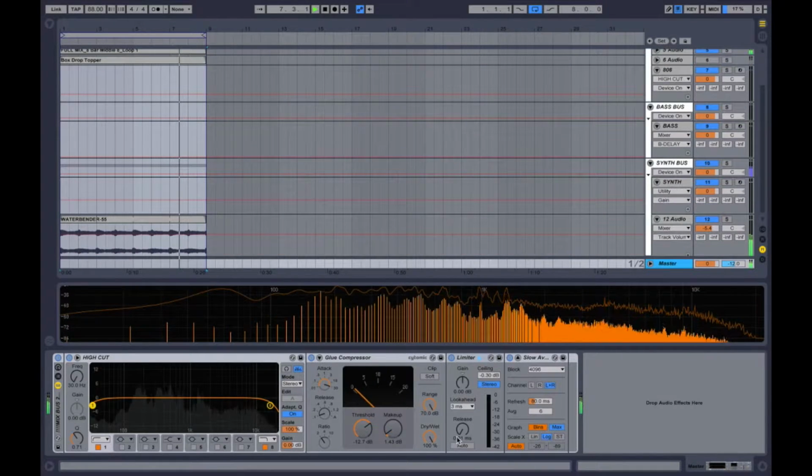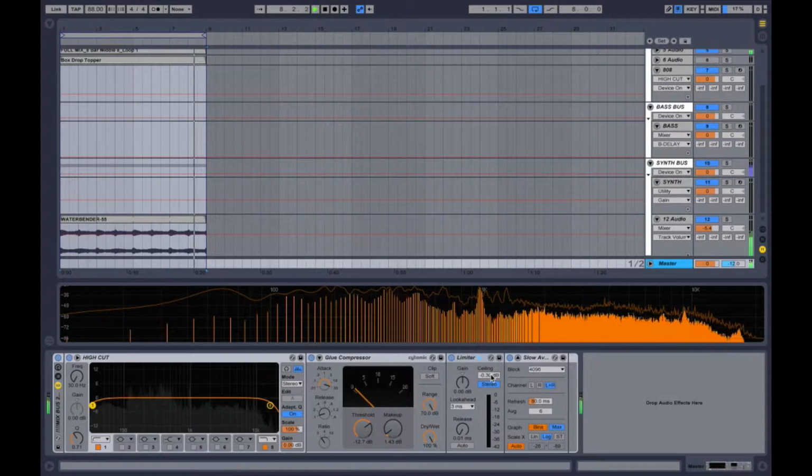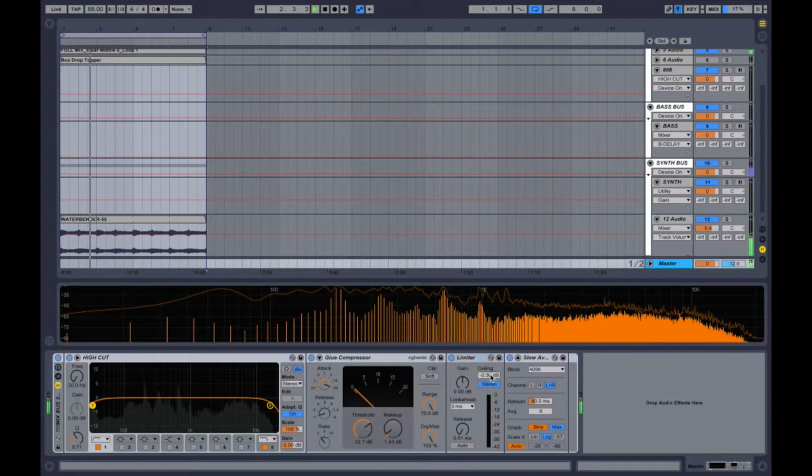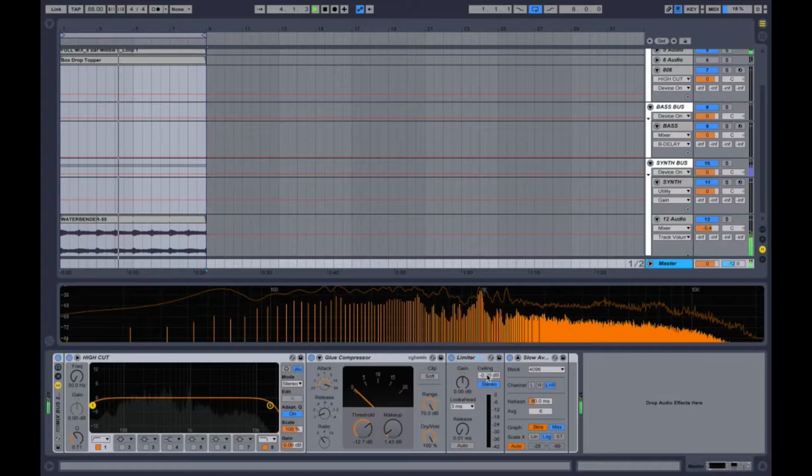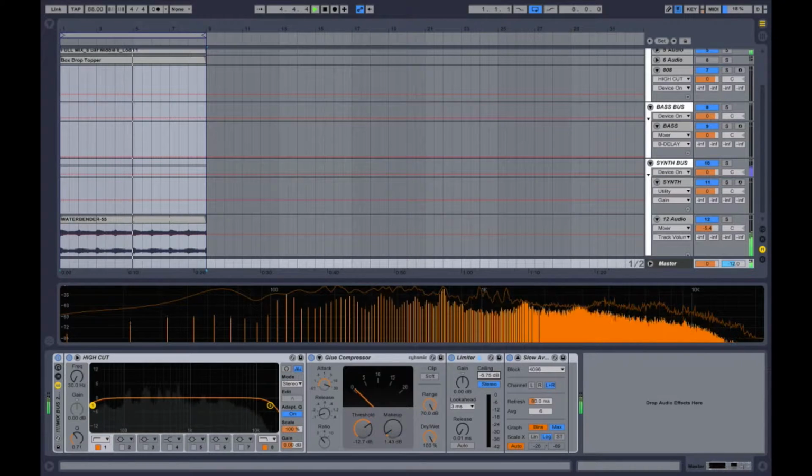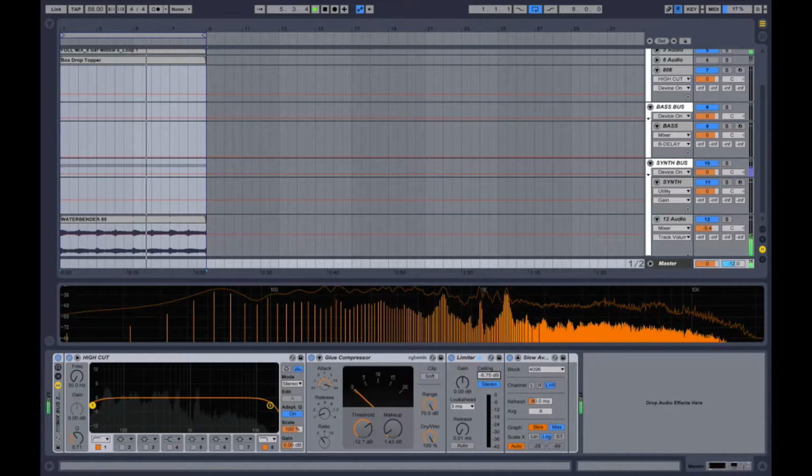Now, let's go look at our limiter here. So limiter is an extreme compressor. It's a compressor that has a ratio of infinity to 1. So it's going to just smash everything down to whatever level you're bringing it to. So I'll kind of give you, so essentially,